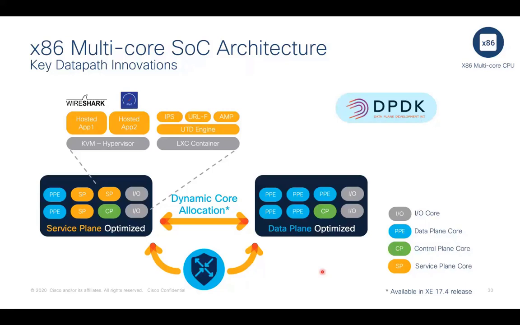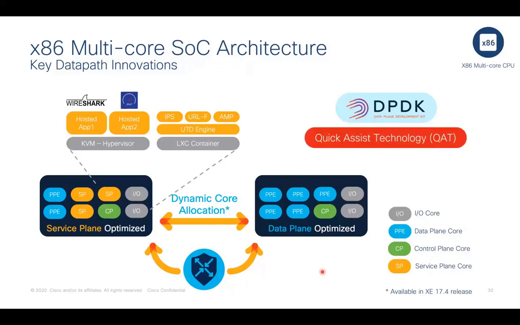But what we do here is, with the enablement of DPDK, we are able to achieve 20 Gbps of SAFE performance for 1400 byte packet size. All this is possible because the user space directly accesses the network controller, using the poll mode drivers. So this really helps us to get the SAFE performance improved. But we also wanted to add power into crypto performance, and for which we have enabled QAT.